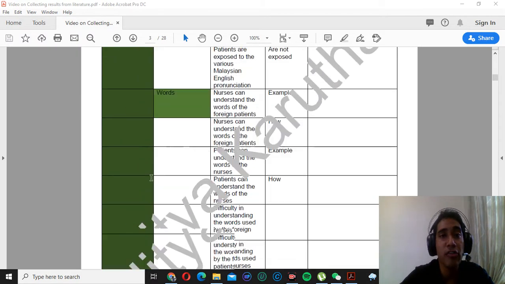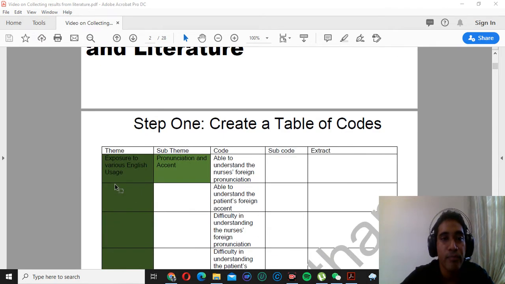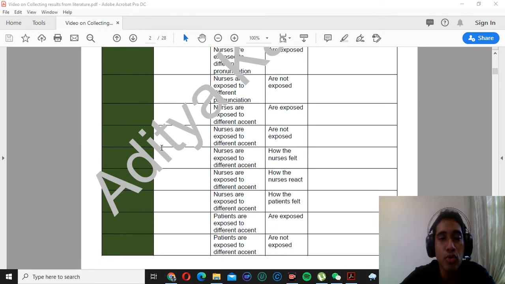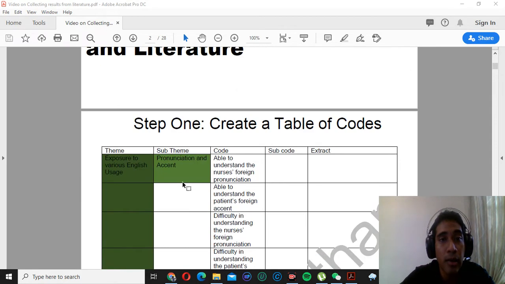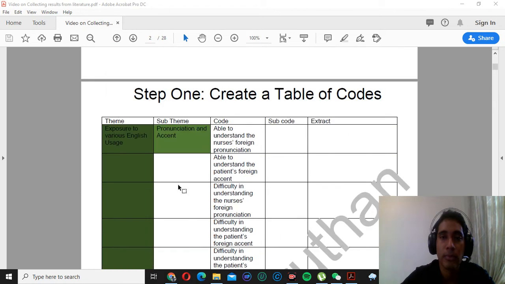So you can see here on the left, these are my themes. Exposure to various English. Then I create sub-themes. I divide it into 2 categories. Number 1, you have pronunciation and accent. Number 2, you have words. And then after that, I ask myself, okay, I want to be more specific. So under pronunciation and accent, I have